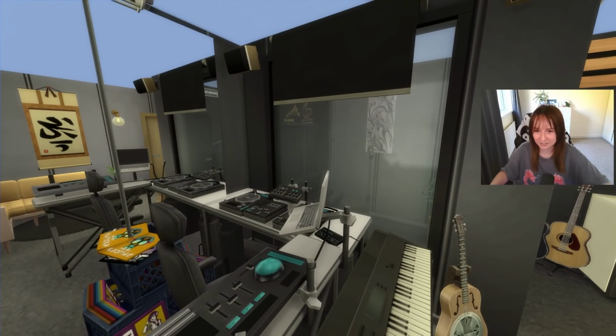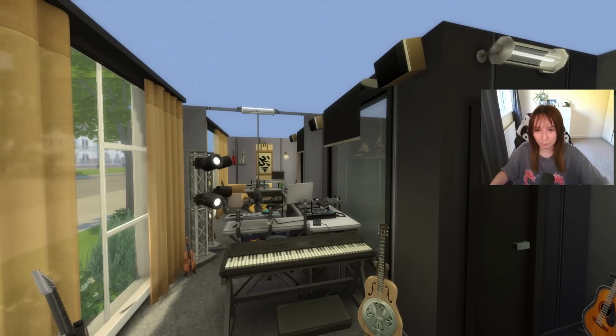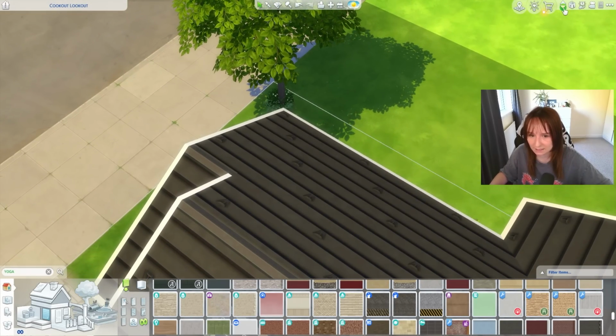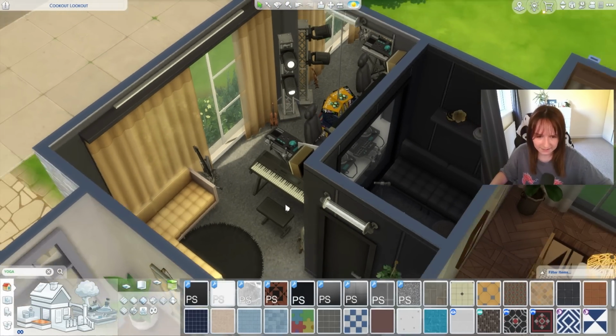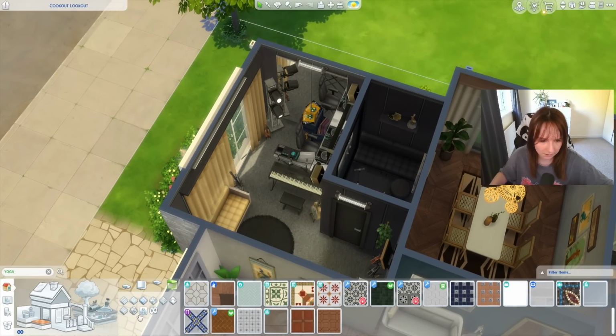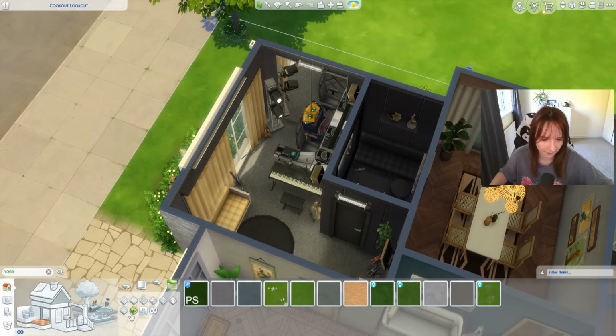I love the way it turned out. I think it's so cute. Wait, maybe I could paint the ceiling. I know the ceilings, they're still broken in my game. Am I right in saying that they're still broken? Please let me know, because I'd like to think, am I the only loser left with the broken ceilings